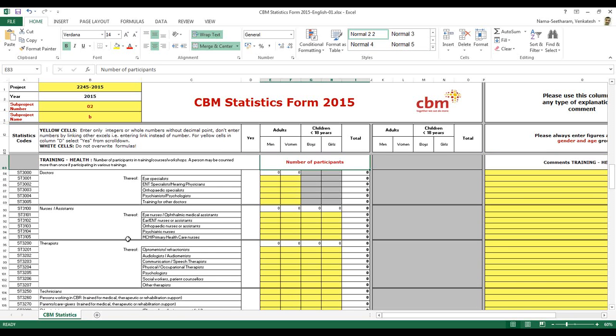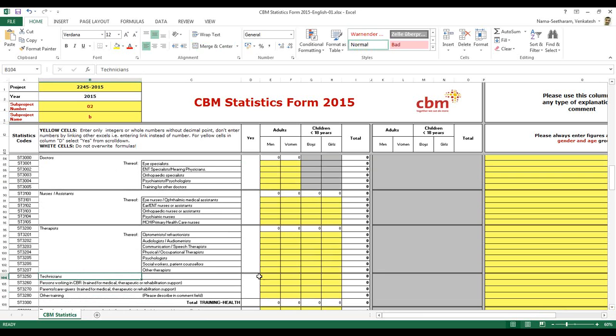If you can see, for the doctors, nurses and therapists, there is a breakup required, but for technicians there is no breakup required, because earlier we had just given 4 rows, one each for doctors, nurses, therapists and technicians, but some MAs wanted the breakup because they were reporting on some of their figures, and the advisors also were reporting on some of these figures separately. So for these you see a breakup, and for technicians and others you don't see a breakup required.